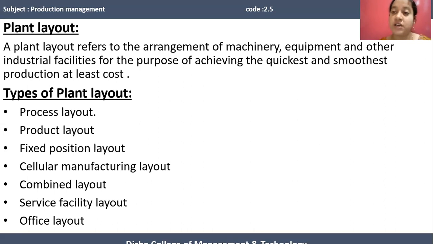Means for producing a particular cotton fabric, whatever machines are required can be arranged sequentially so that the output of one machine can be used as input for another machine. For producing cotton fabric, first there is a requirement of ginning machine, next to that a spinning machine, next to that a weaving machine,